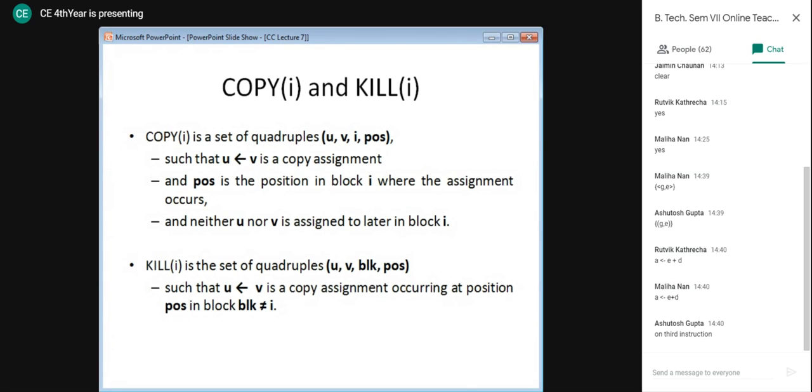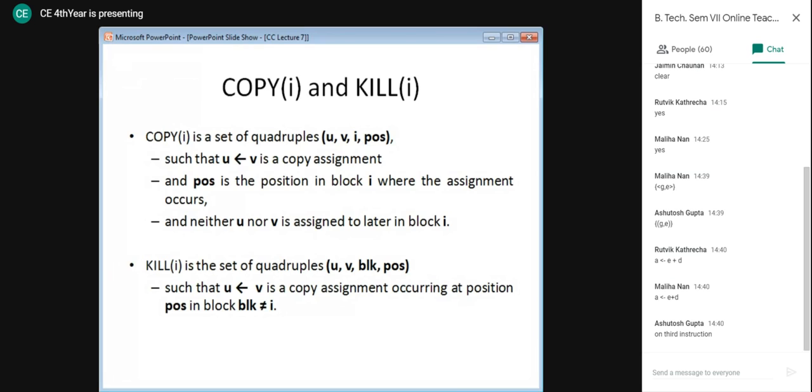But here, just try to understand that this quadruple is indicative of the copy assignment occurring at a particular position in block BLK. So it will not be the block in which it is found, but the block where an assignment occurs, at a position in block BLK, and because of that it is part of the kill set. This we need to remember.